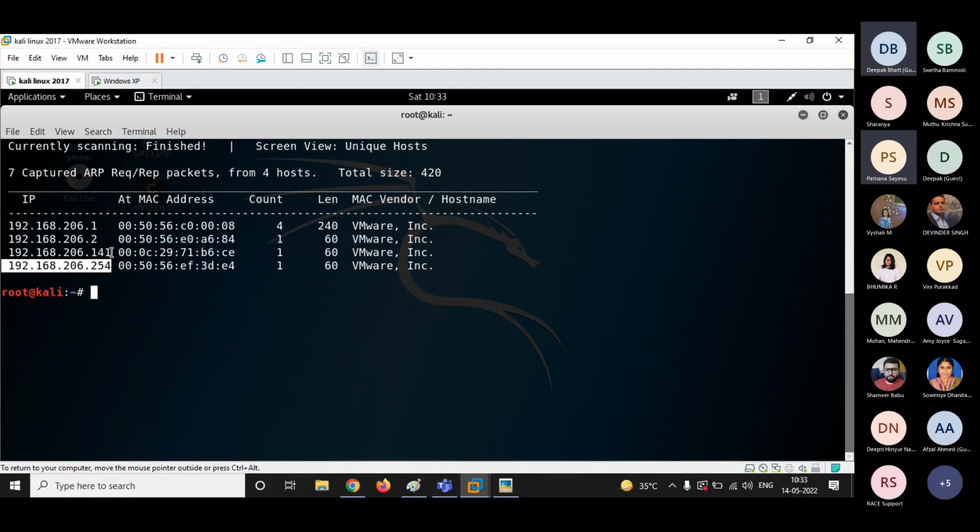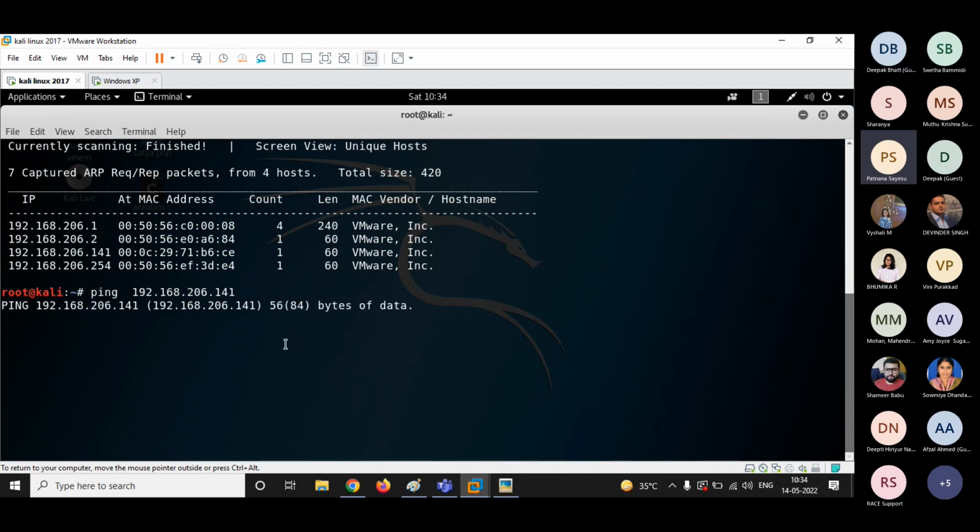One IP remains, that is this one. I have no idea what this IP is, what this operating system is, what this machine is. So the first thing of scanning is to check whether the host is live or not. To check that, I will type the command ping and the IP address. I will be able to get the response.